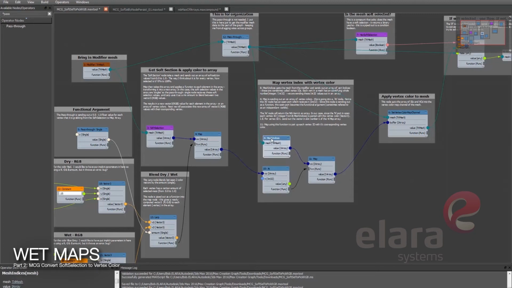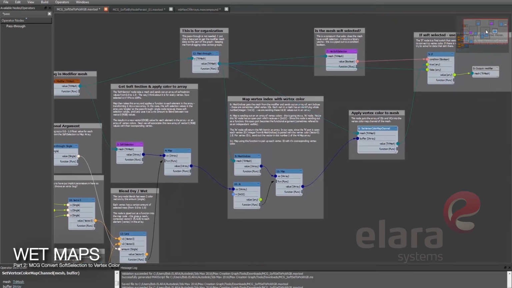So for index 1, we're going to get slot number 1 in this array, which was the equivalent of vertex number 1 over here as well. So we're just reassociating these vector 3 colors with the corresponding vertex on that mesh. This map then sends out an array which we send into a new node called set vertex color map channel. That just dumps it right into here and sets the vertex color.